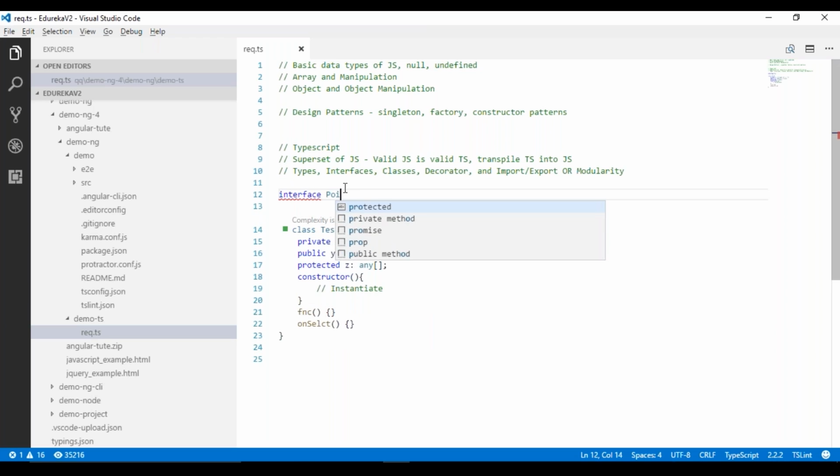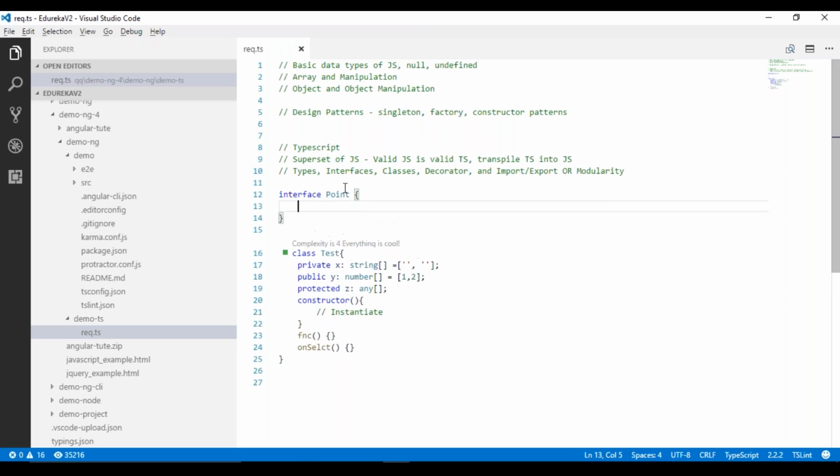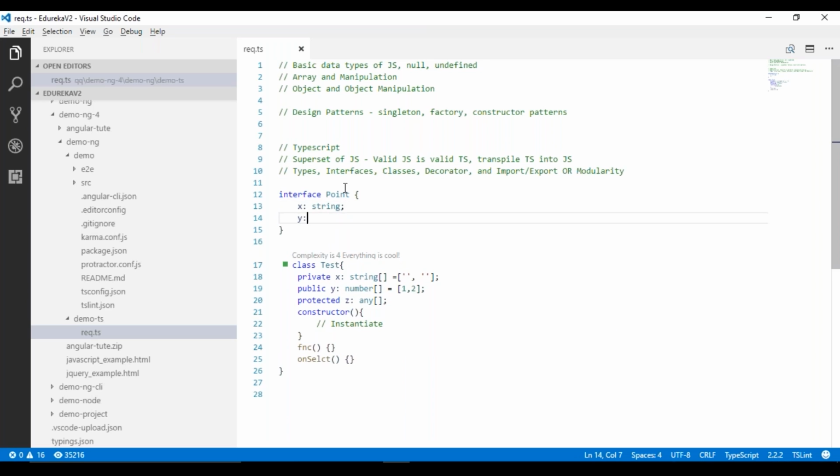You can create an interface called point, where you can specify that point has X variable, which is of the type string, and point has Y, which is of the type number. And I can go ahead and implement point